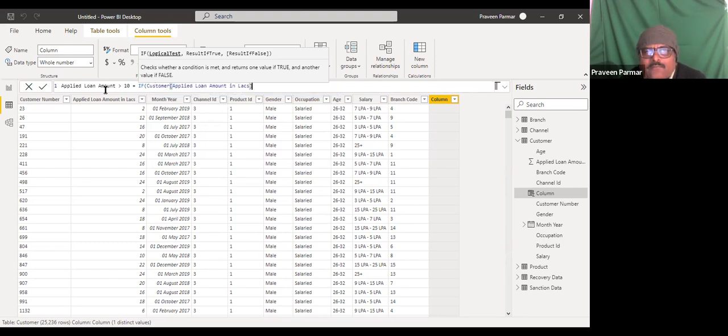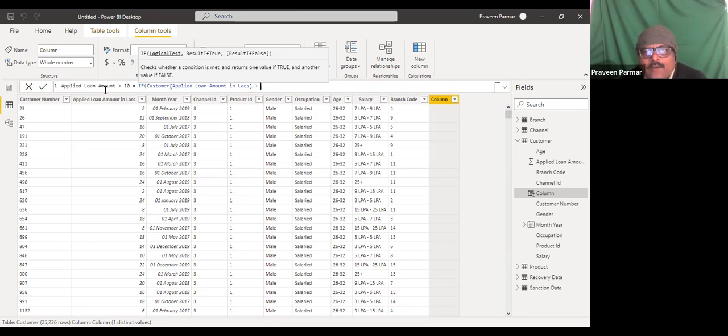I just click here. So here in the Power BI DAX query, we write the table name, and in the box bracket, we write the column name without any quotes. Got it? But in the SQL, you know that we have to use the quotes if there is a space. Okay.